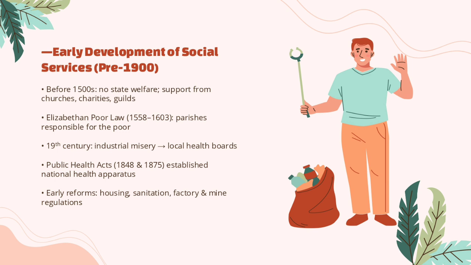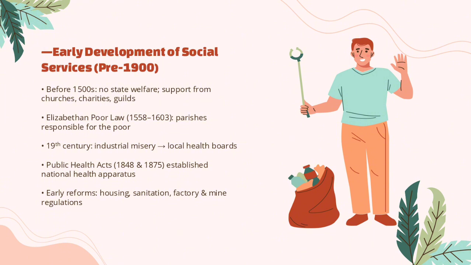Historically, the British state didn't provide any social service at all, so if people were poor, sick, or unemployed, they could only rely on church, charity, the feudal system, or craft guilds. Major change only emerged in the era of Elizabeth I through the Poor Law. Here, the state began to take over social assistance from the church, especially at the parish level.